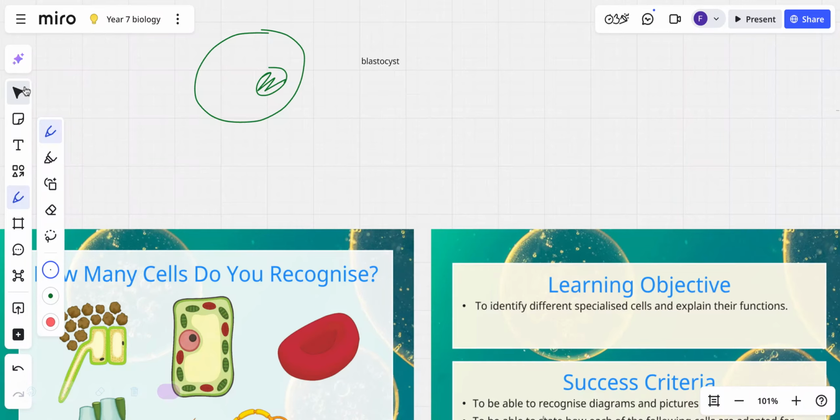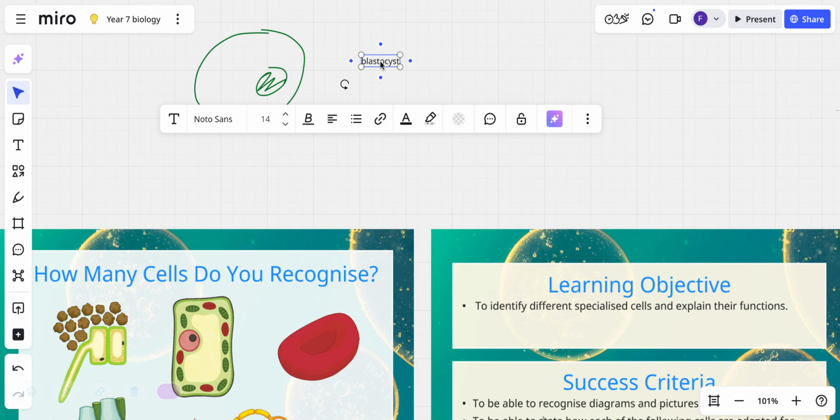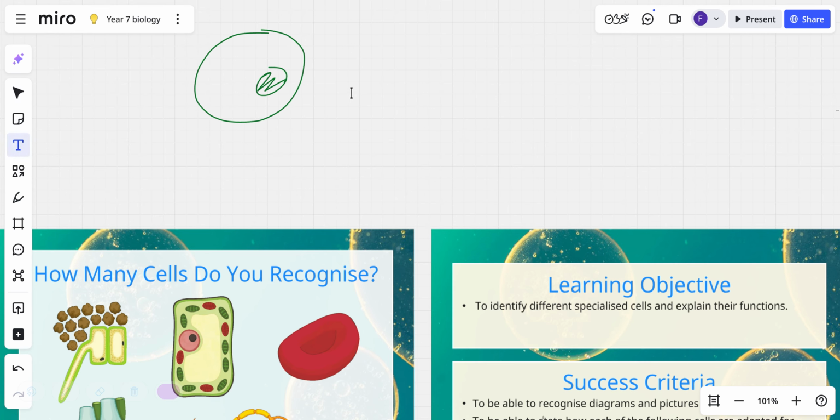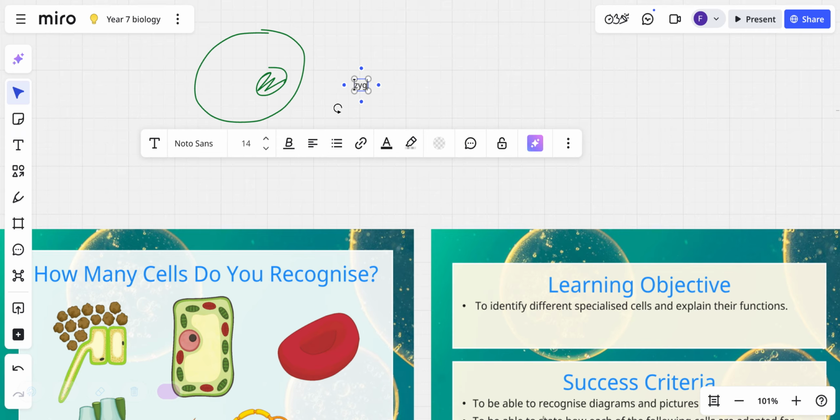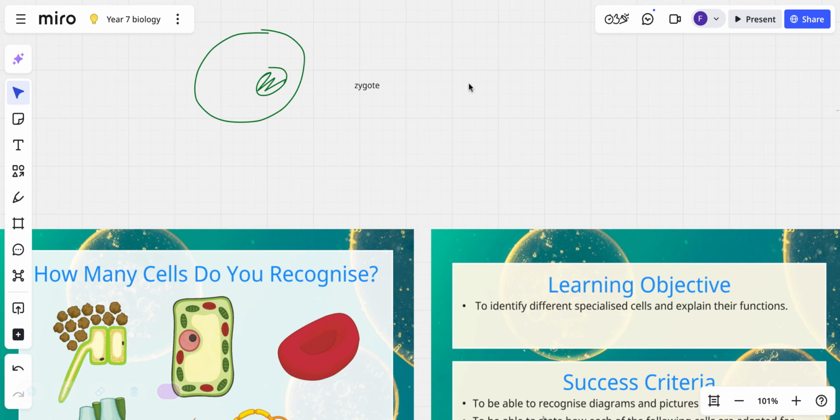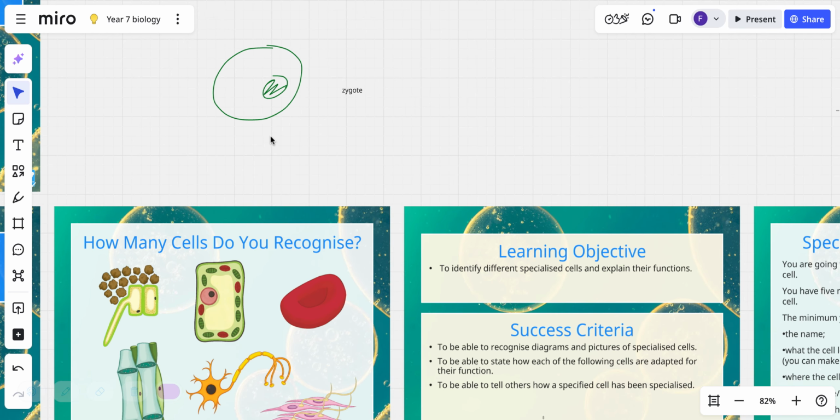No, why am I using the wrong word? I think the word I'm actually looking for is zygote. The word blastocyst popped into my head, maybe something I was teaching on. So this is zygote, which is a really cool word. We all started off as a zygote, a single cell. This cell had only one job to do, and nothing else, just to replicate.